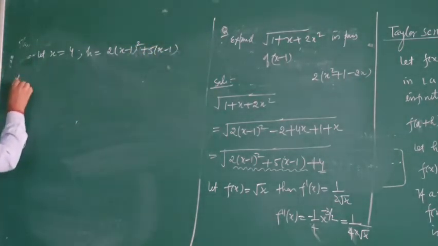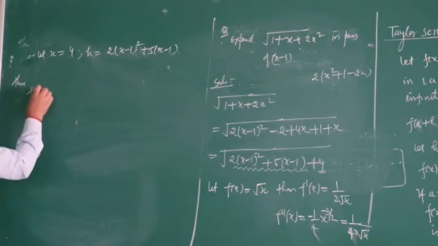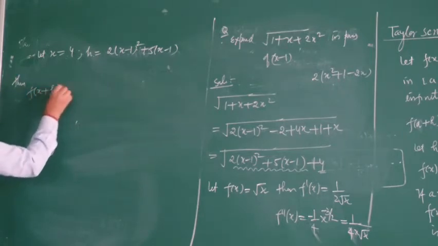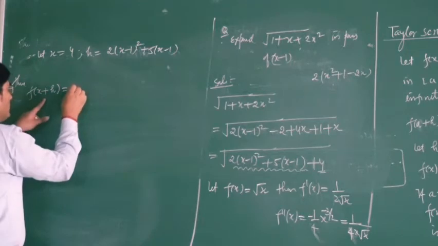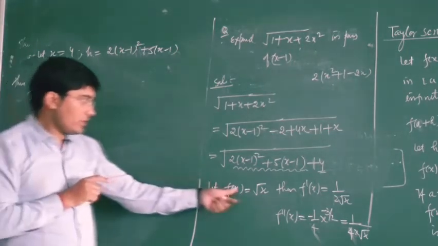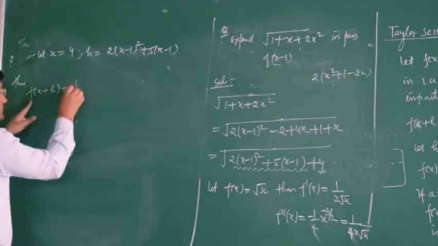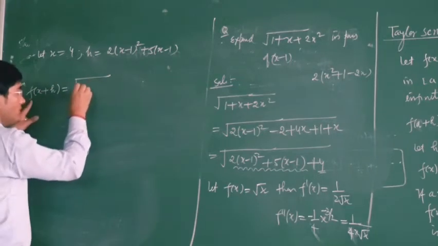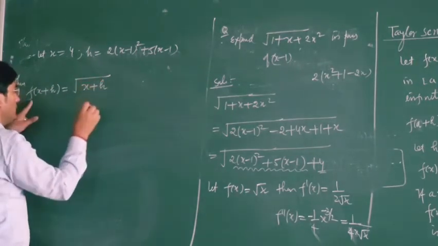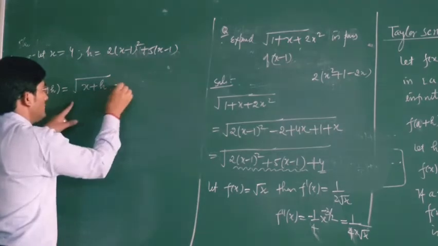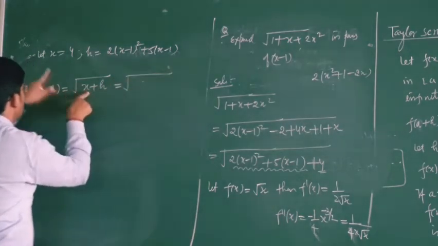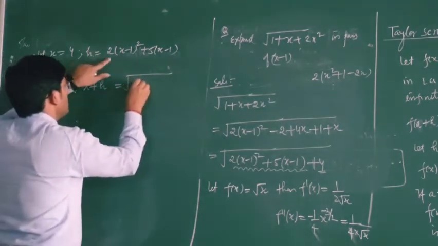Then your f(x plus h) will be equal to, now your f(x) was square root x, so this f(x plus h) will be square root of x plus h, and for this your x is 4, your h is this one,